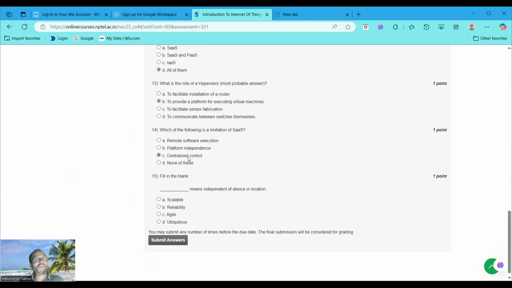These are only the limitations. Okay, if it's not centralized, then it's distributed. So centralized control is the main limitation. If the main server fails, then the total system will not work. So